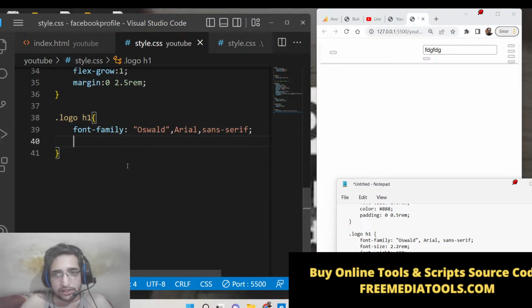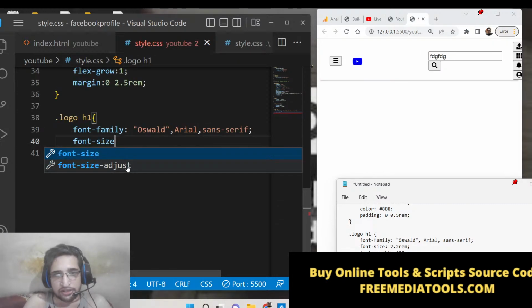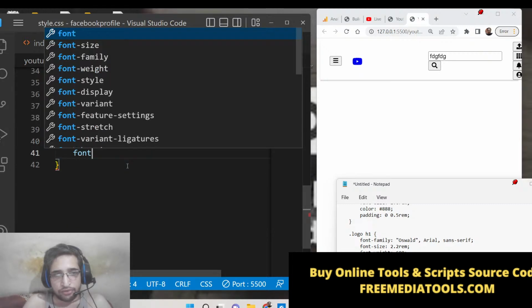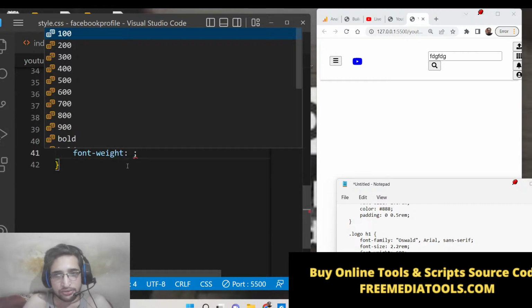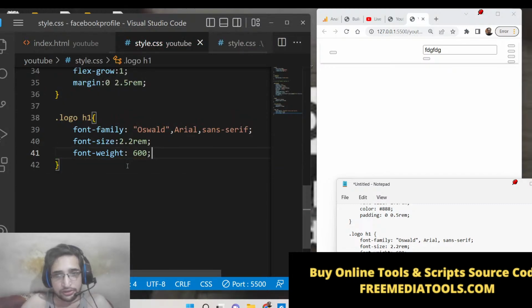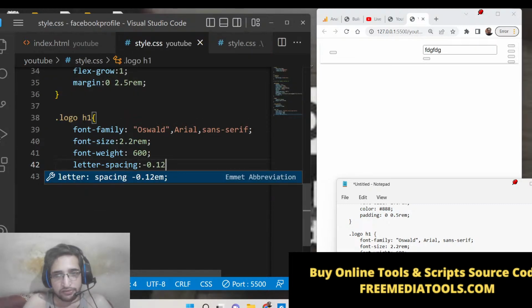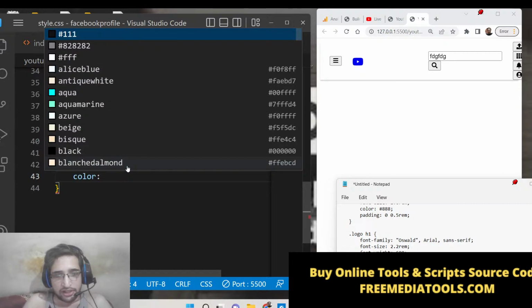So now you can see that, and we also need to change the font size to 2.2 rem. Font weight we also need to change to 600. Letter spacing we need to change to minus 0.12 rem, and we need to change the color to this color,